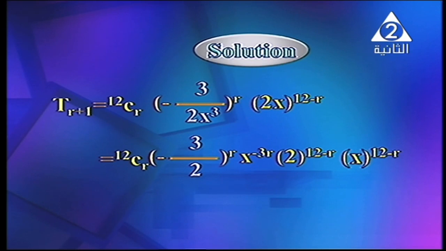Look at, my dear student, we have two powers of x: x to the power negative 3r and x to the power 12 minus r. Therefore, find x